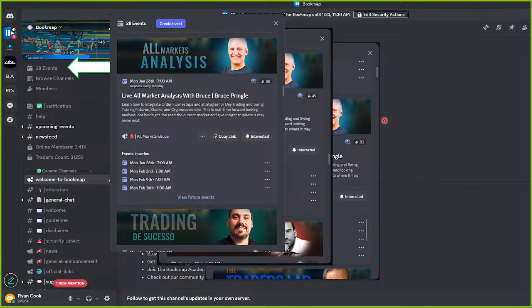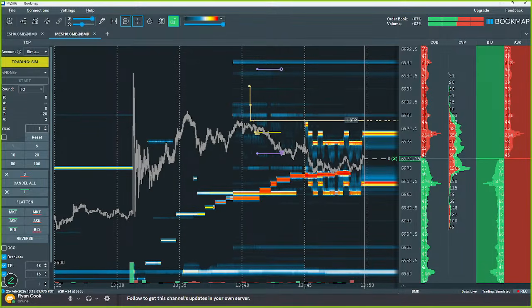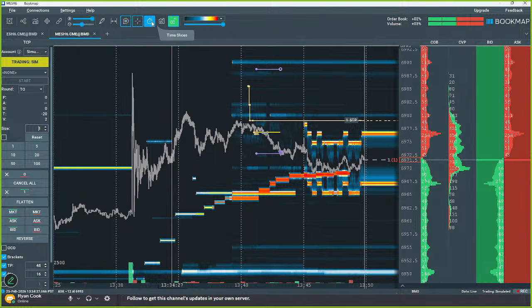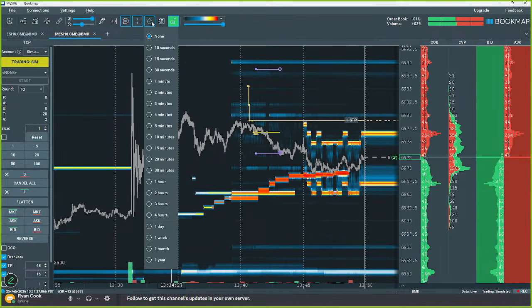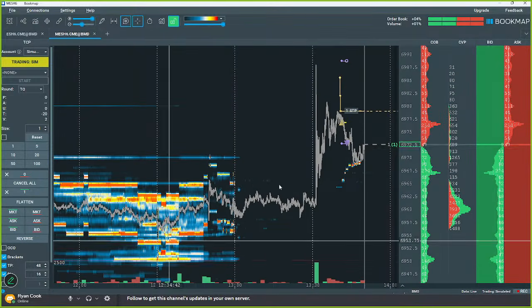Yeah, and where you're new to the platform, a lot of times when we're coming onto the Bookmap platform, it is a little bit different than most of the platforms that we've traded on. One of the things I'll show you real quick too, because anybody who wants to log out can log out if they don't want to watch this. One of the things I always like to do is I'll come up here and I have my time slices. And I always come back to my 2-hour time slice so that I can have my consistent chart, right?